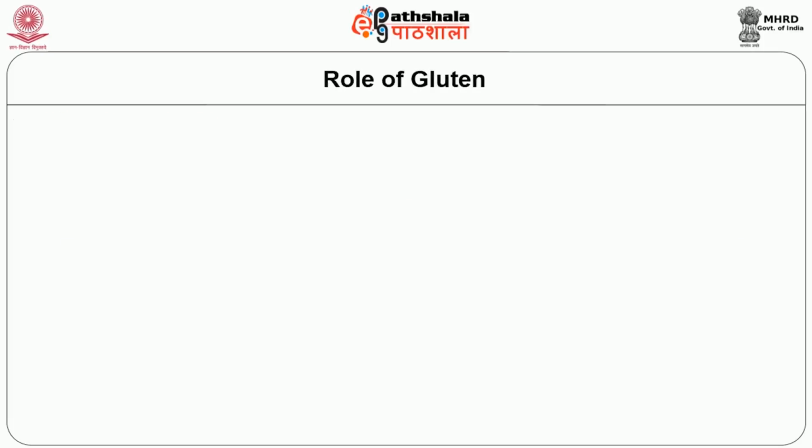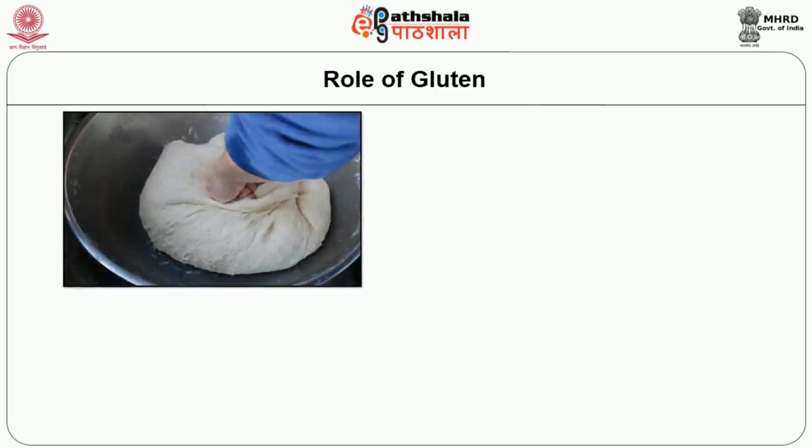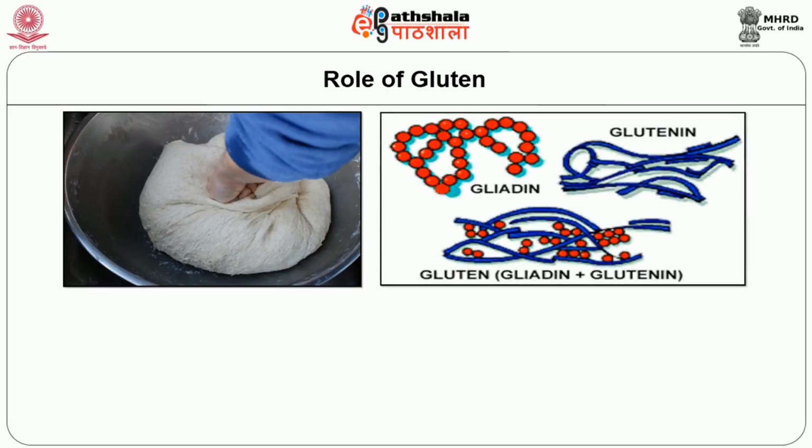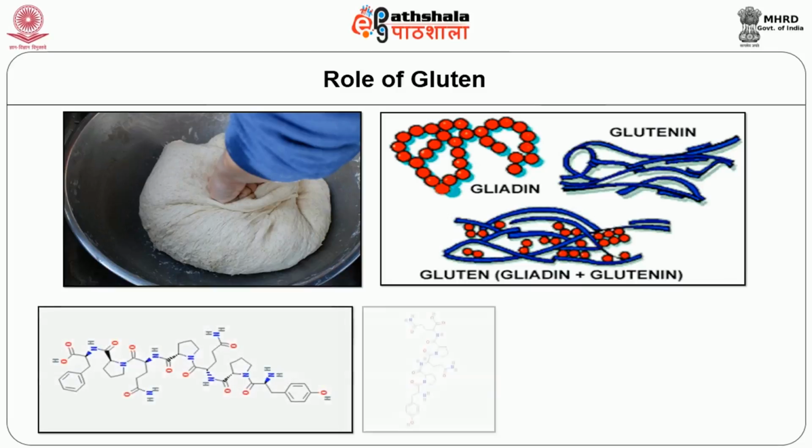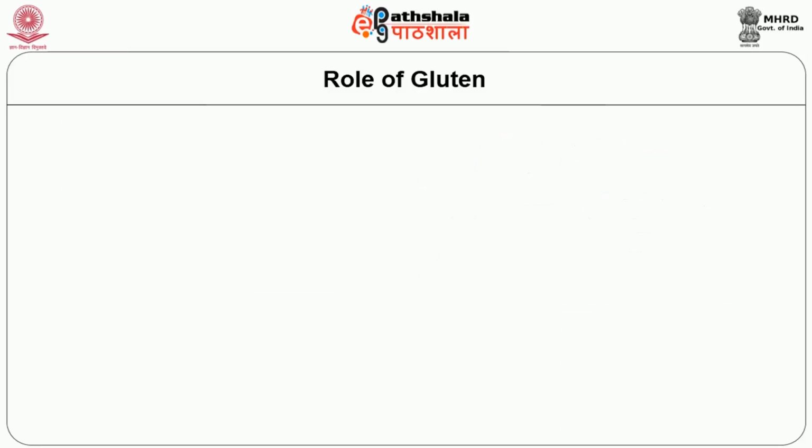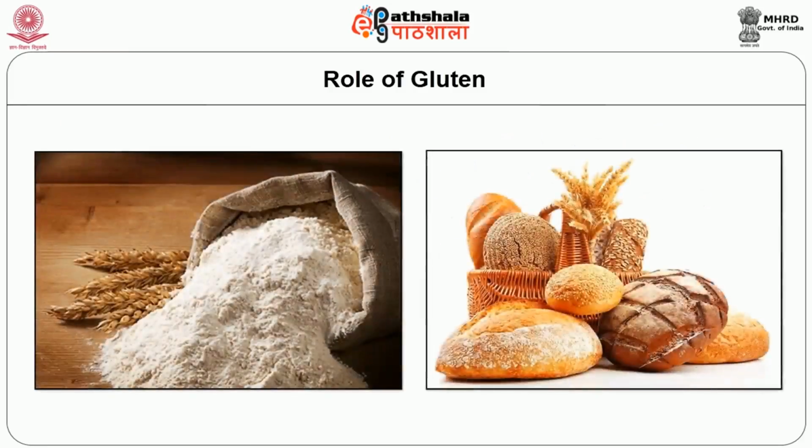Now we come to the role of gluten. When wheat flour is kneaded with water to form dough, the protein fractions glutenin and gliadin interact with each other and form gluten, which has the characteristics of both stretchability and elasticity. For proper gluten development, glutenin and gliadin should be in a ratio of 1:1 in the flour. That is why wheat flour, where there is a 1:1 ratio of glutenin and gliadin, has the most important role